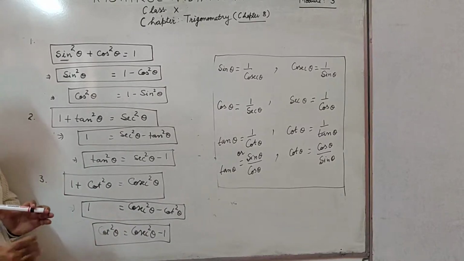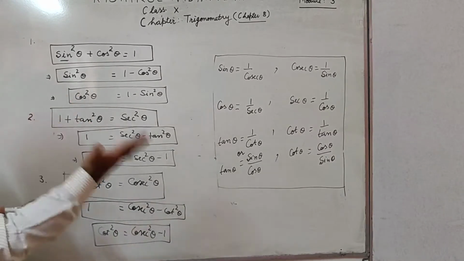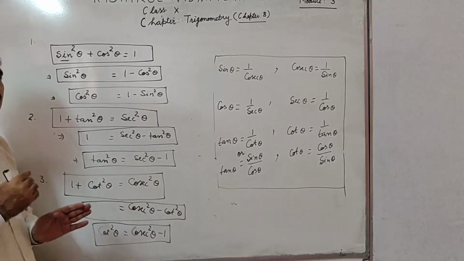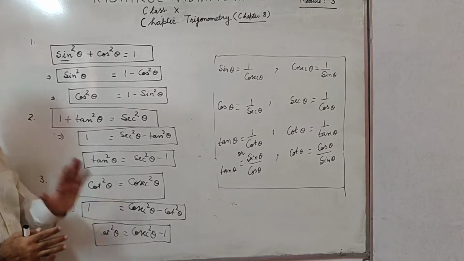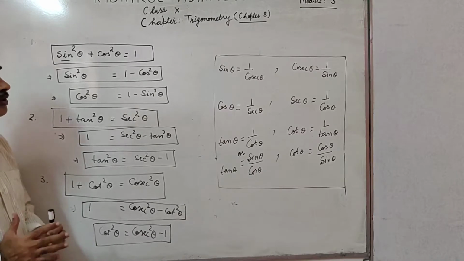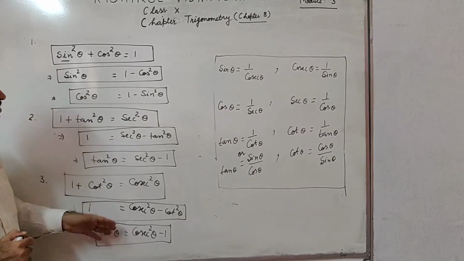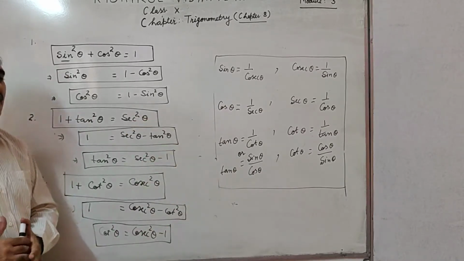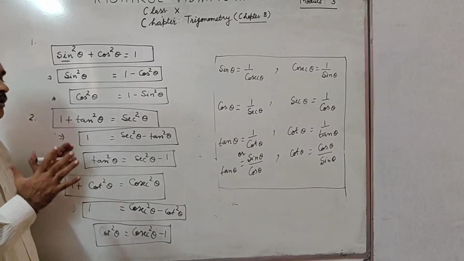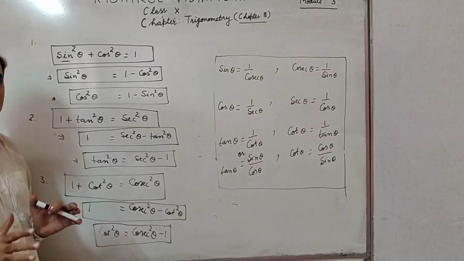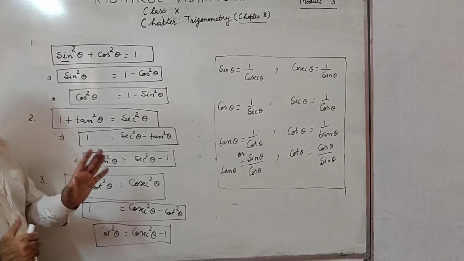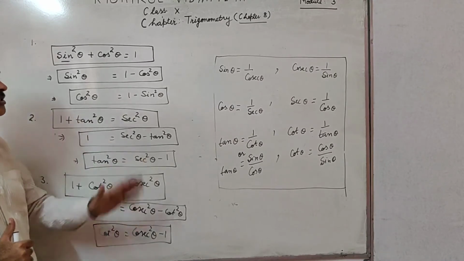First of all, I will start tomorrow in module 4. I will discuss exercise 8.1. Please go through exercise 8.1 using a right triangle. We will discuss 8.1 tomorrow in module 4. And you go through these basics up to now. Before starting 8.2, I will tell you the trigonometric values at angles 0 degree, 30, 45, 60 and 90 degree. This only is left. Otherwise, the complete basics we have discussed.